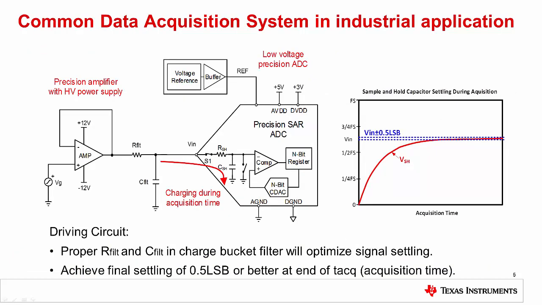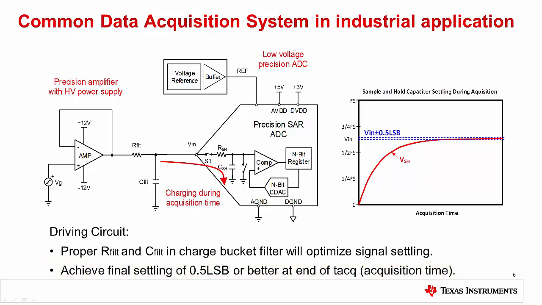This slide illustrates a typical amplifier drive circuit for a SAR ADC. Part of designing this drive circuit is to select the amplifier bandwidth in the RC charge bucket circuit. The SAR ADC Input Driver Design Precision Lab series covers the method for choosing the drive circuit components for best performance. In summary, the RC circuit and the amplifier bandwidth are selected to assure that the voltage on the internal sample and hold capacitor is settled to 1/2 of 1 LSB by the end of the acquisition period.